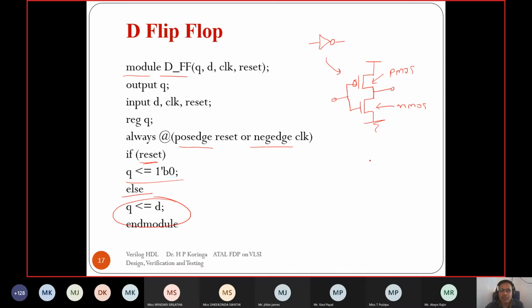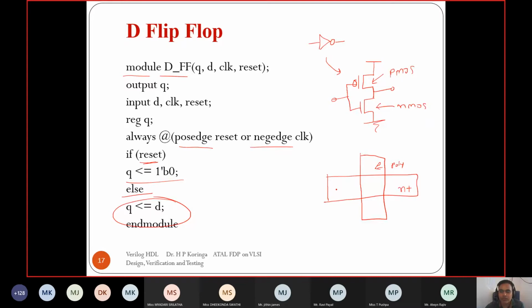Now we know the N MOSFET and P MOSFET are constructed using the layout, right? Those who have used Microwind or any layout tool know how a layout looks in a top view. I am drawing the top view layout. For the N MOSFET, we have N plus and the polysilicon, right? So it constructs an N MOSFET.